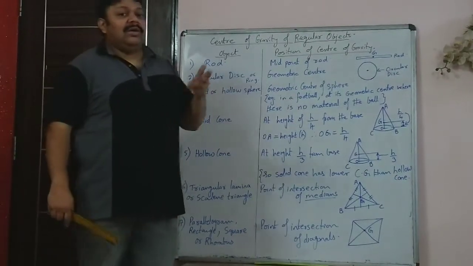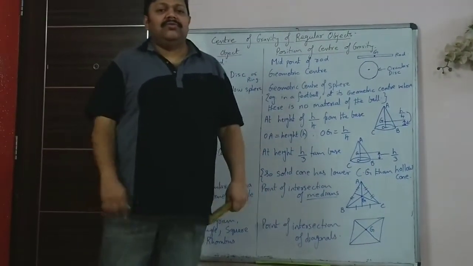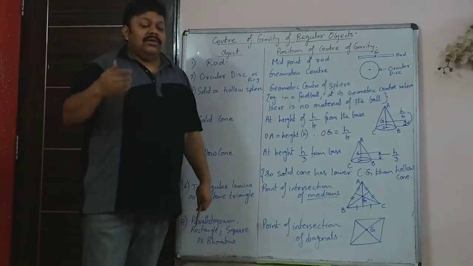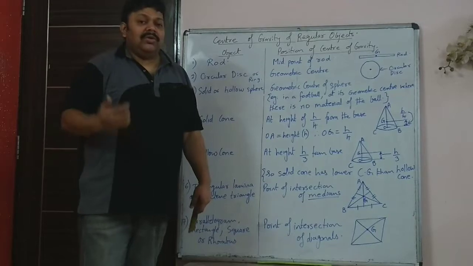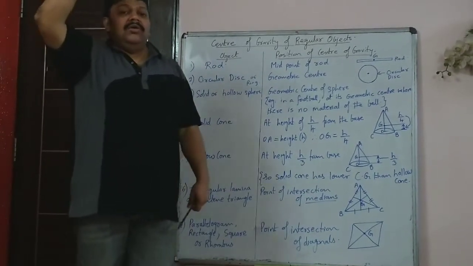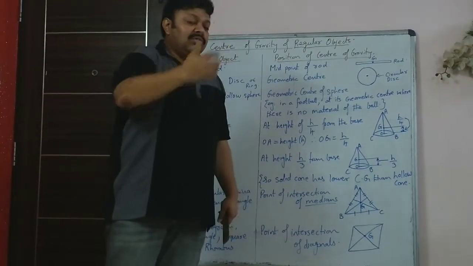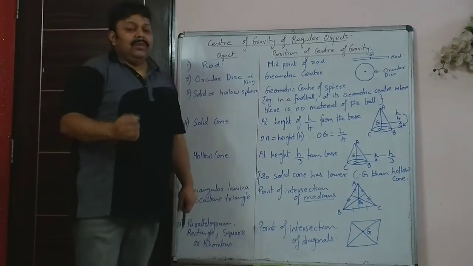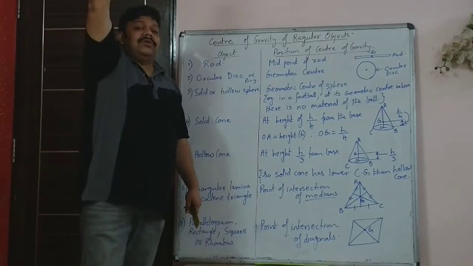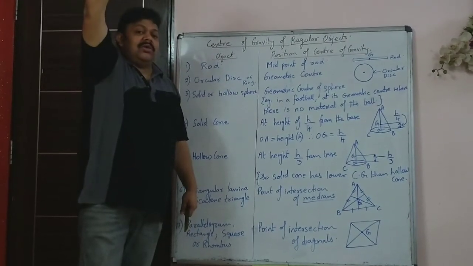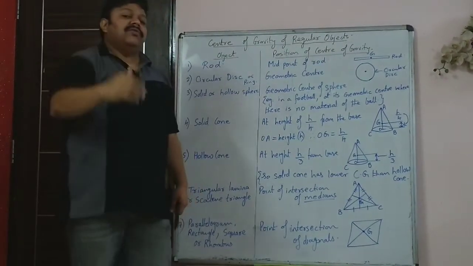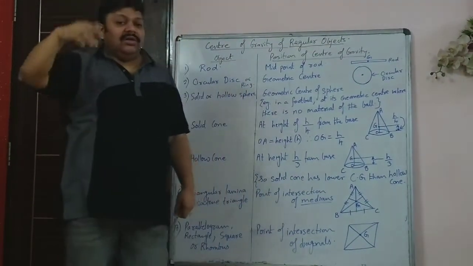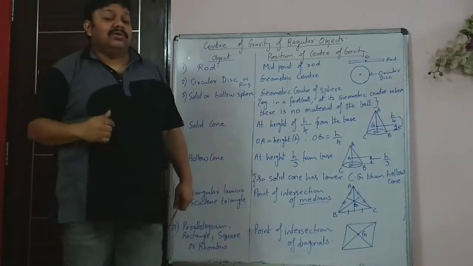Like you have double-decker buses, very few are there left in Mumbai, but you have double-decker buses. In those buses, the conductor never allows the people to enter directly on top. First, he will make sure that most of the seats at the bottom are filled, only then people go up. That is because if too many objects are there on top, the mass is more at the top, then the center of gravity rises. And if the center of gravity rises, then the object becomes unstable.